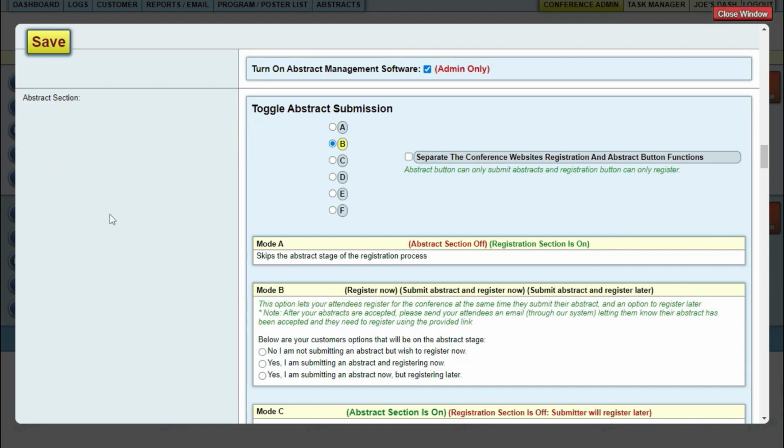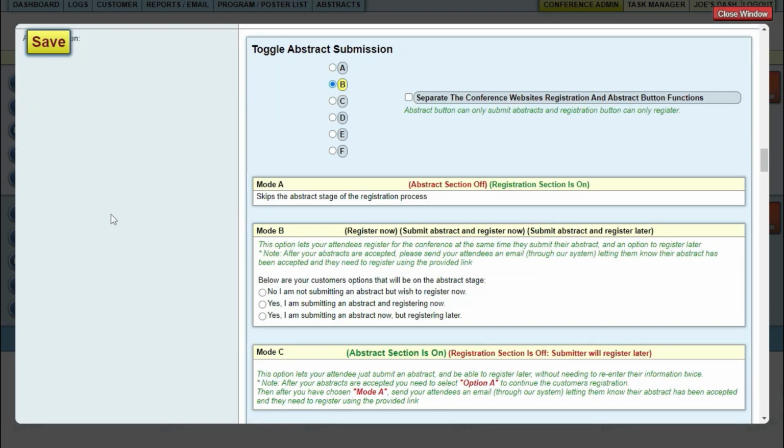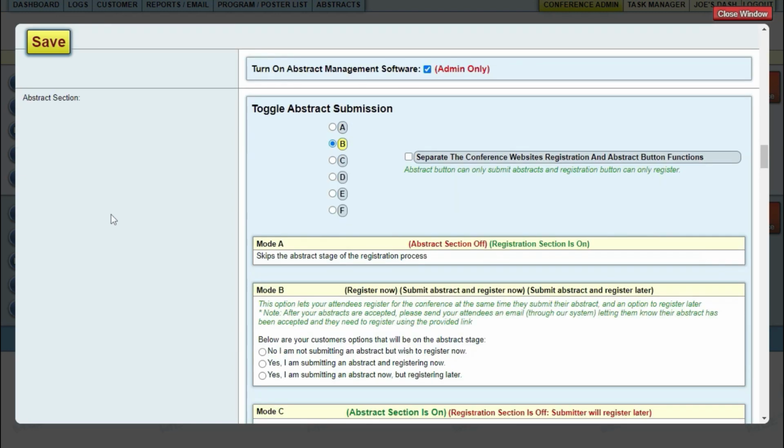Abstract setup. So these are your abstract submission site setups. If you don't have an abstract site, this would just be unchecked and you wouldn't even have access to the abstract section. But almost all my customers have abstract submissions because that's our specialty. So these are the